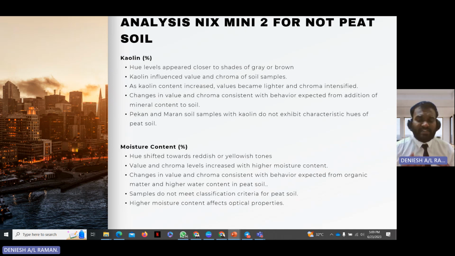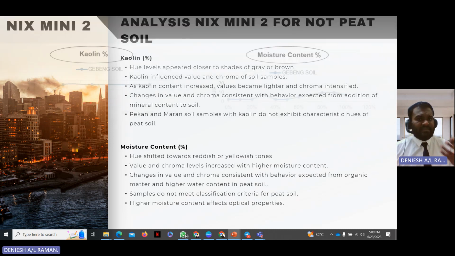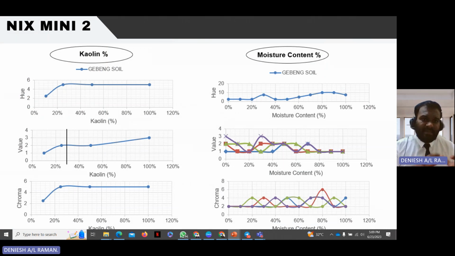The value and chroma levels increase with higher moisture content. The hue and chroma values consistently behave in a way that is expected for the organic matter and higher water content of peat soil. So next, we do the same test using the device Nix Mini 2 on Gabang soil, and we can get